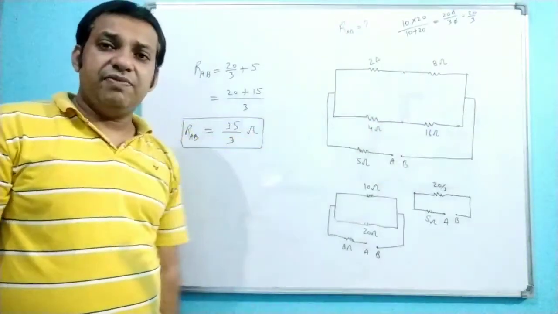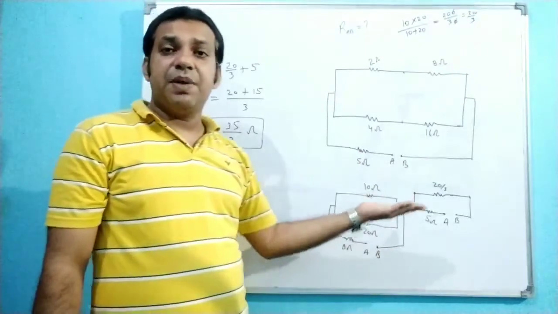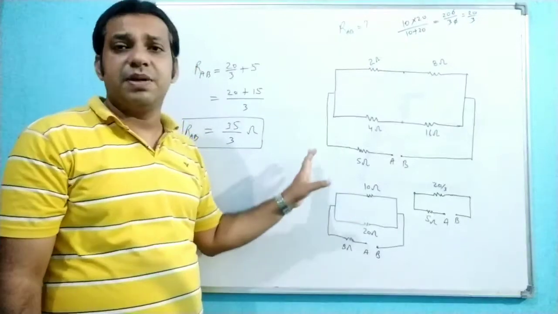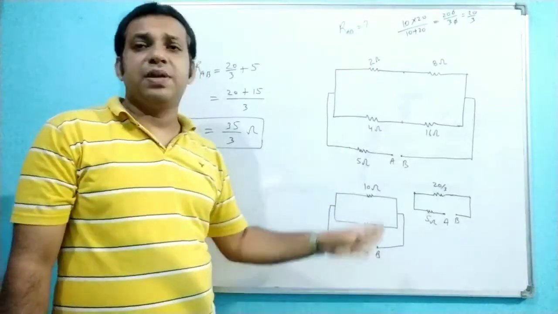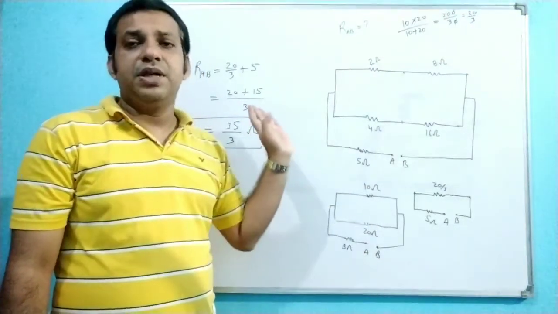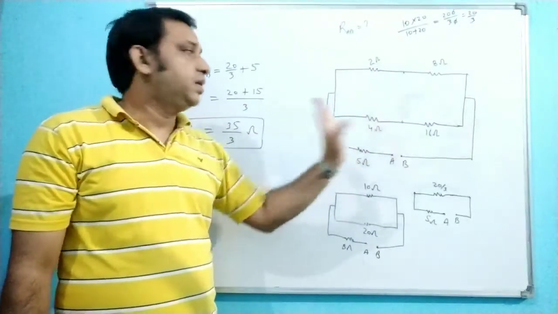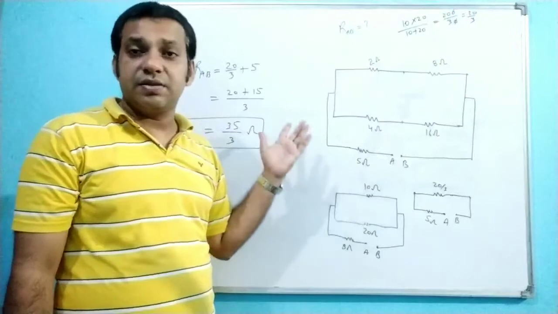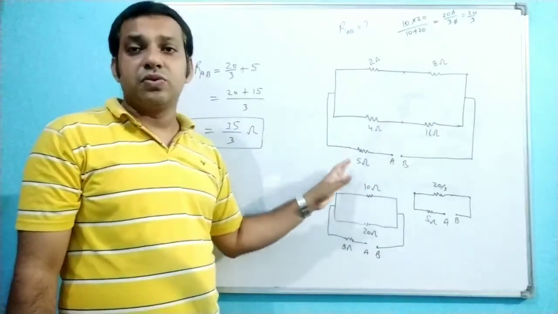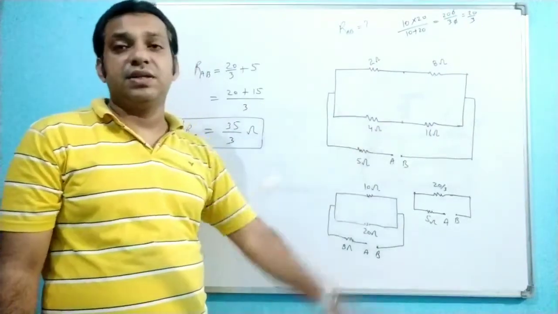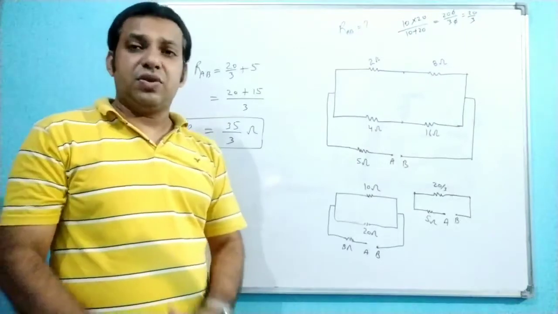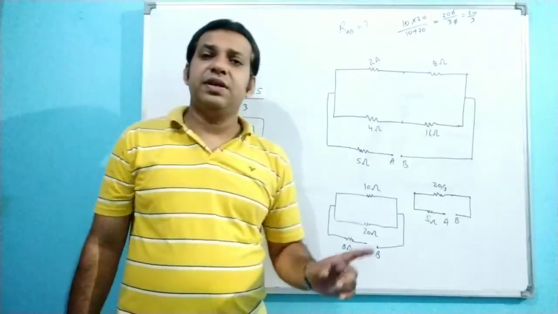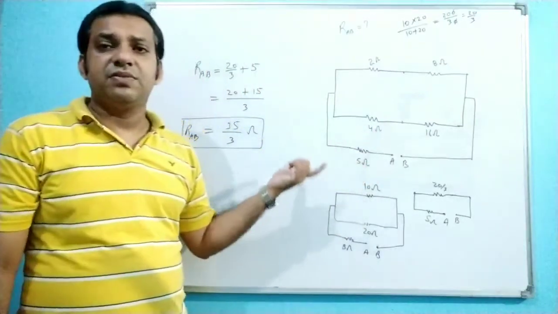But suppose sir, if it is not a balanced condition of the Wheatstone bridge, if it is not the condition for the balanced Wheatstone bridge, then you have to apply the KVL. Without KVL you cannot find the R net. So with the help of KVL you can find the amount of current supplied by the cell, and then if you know the total current and total voltage, then you can find the resistance offered, which is not in your syllabus. Not every time is the question given based upon the balanced Wheatstone bridge.